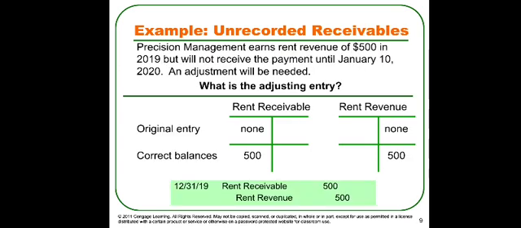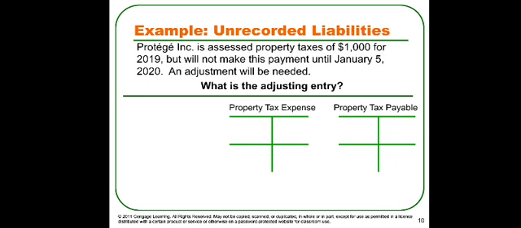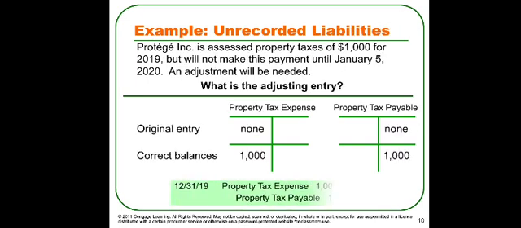So how to do the adjusting entry? The adjusting entry is in the green box. The thing that you have to do is you record the tax expense. So an expense, when an expense increases, you have to record it in the debit side. So first you record the tax expense, debit property tax expense 1,000,